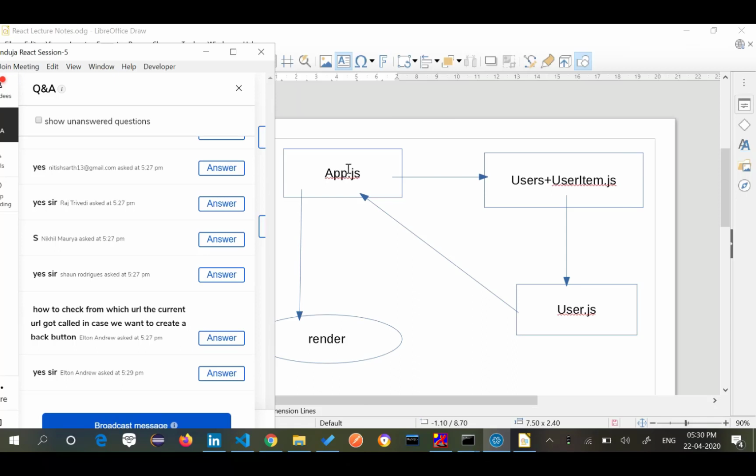App.js, you are loading the page, the users is getting loaded, you are going on a single user item, you're clicking on more. By clicking on more, you pass the login to your user.js. Now this user.js should actually pass the data back to the app.js. How are these two connected now? Can you see the method here?